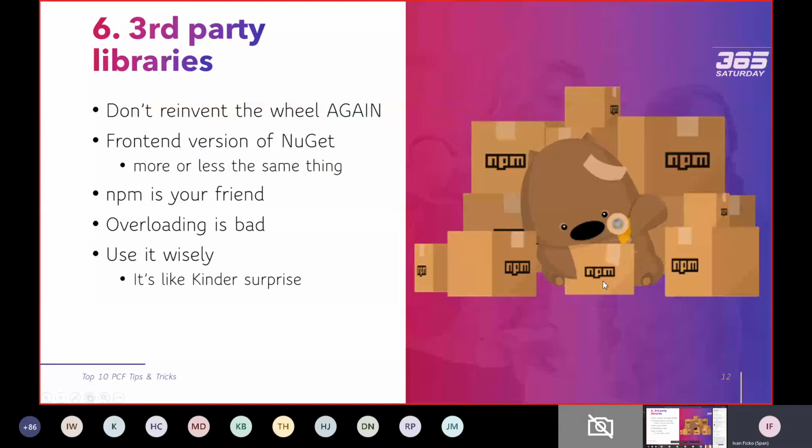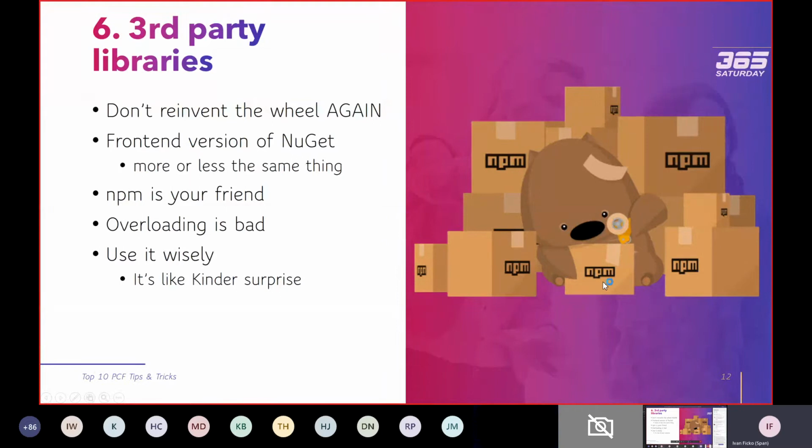I'm familiar with NuGet when I'm doing .NET development. I use a lot of NuGet packages, which are more or less the same thing. They are packages for backend development, and here in front end you have npm, and you should definitely use npm and all the modules that are there. npm must be your friend when you're developing your controls. If you need to implement some crazy feature, look at npm. There is, I'm 100% sure, already an npm module that does just the right thing for